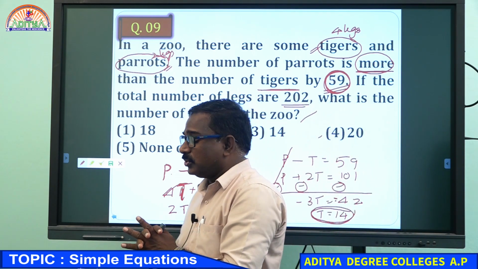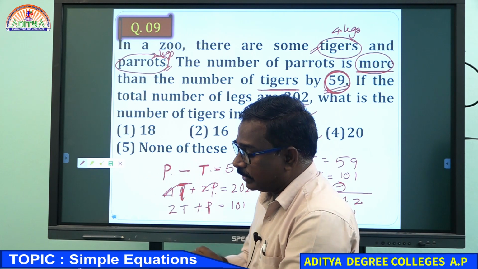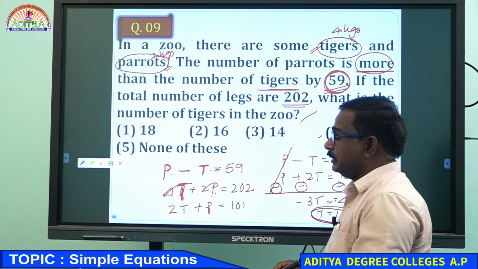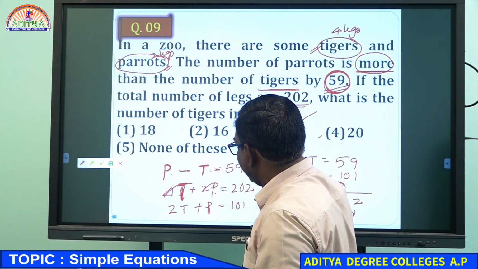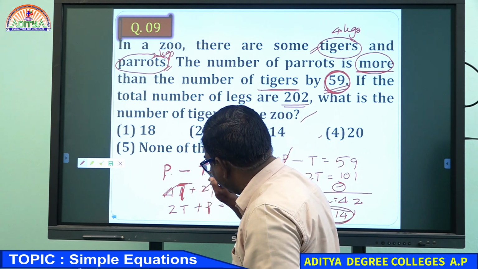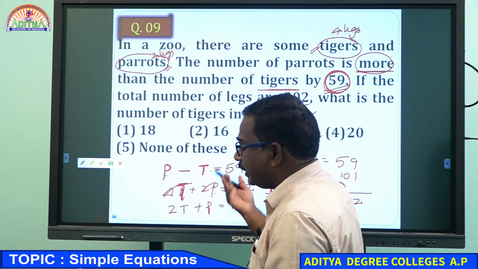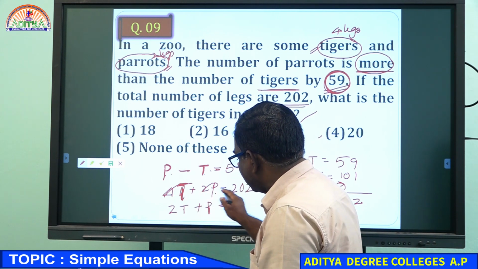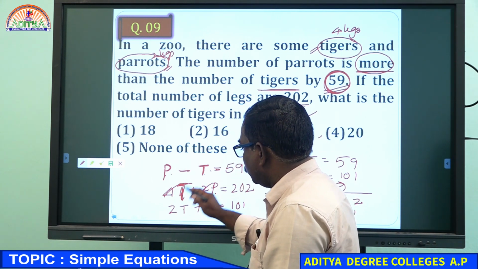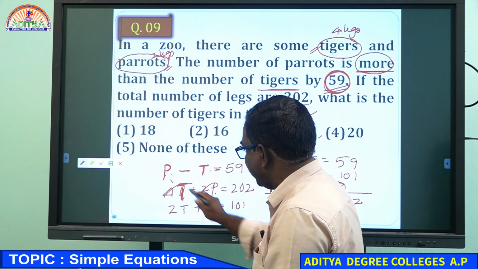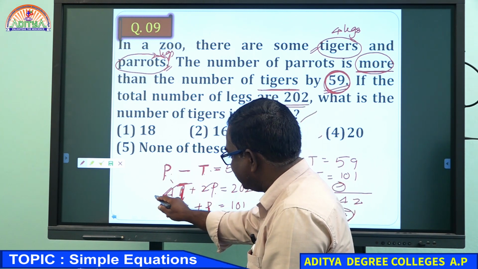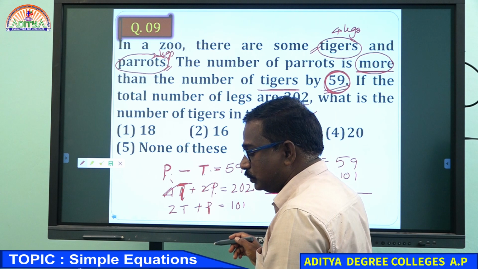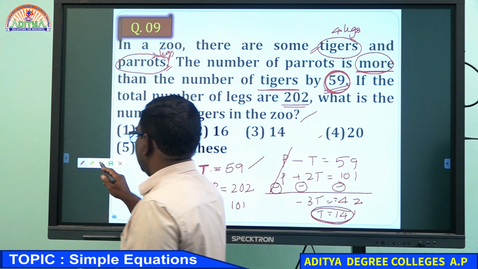You need to see the equation in a simple manner. Don't complicate it. P minus t is given here, and p and t are given individually. Any p or t that you are getting can be cancelled by subtraction. That's why throughout the equation we cancelled 2. So 2t plus p equal to 101. We can cancel p. That's why we cancelled here throughout the equation by 2. Right. One more example I will give.